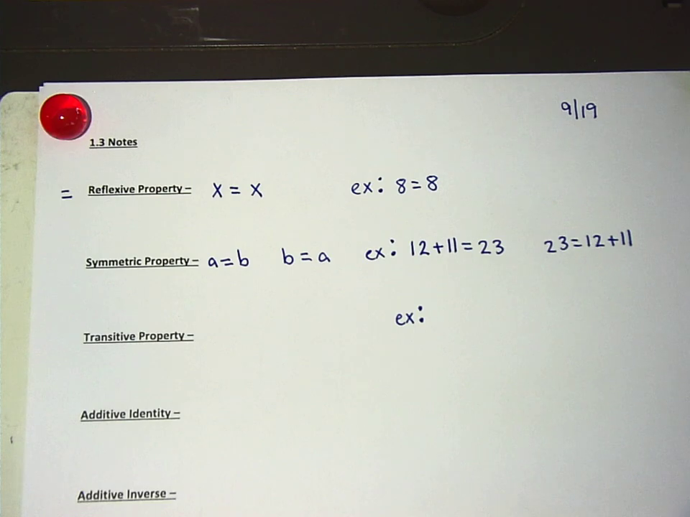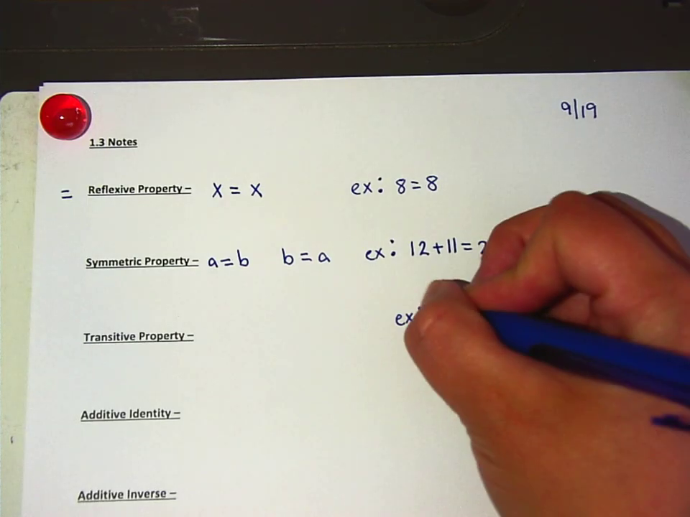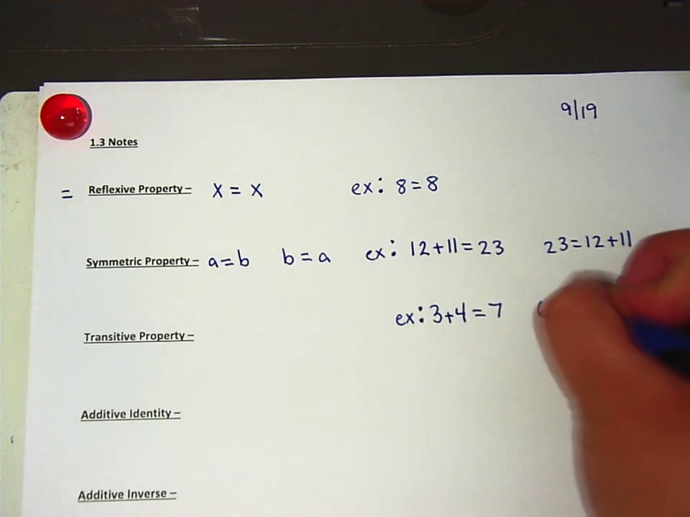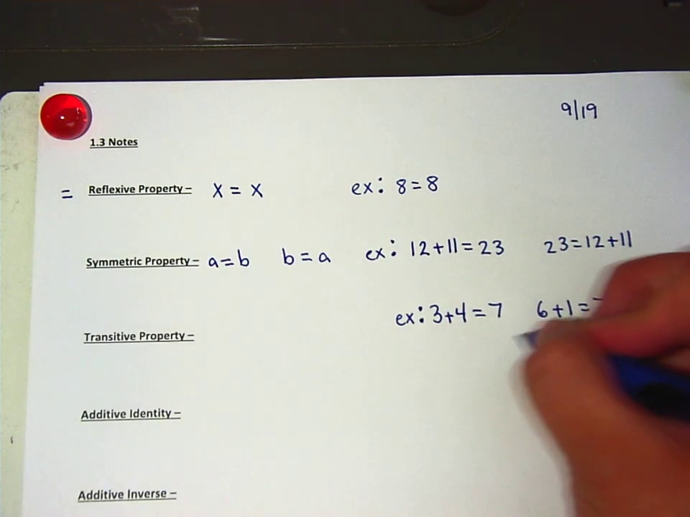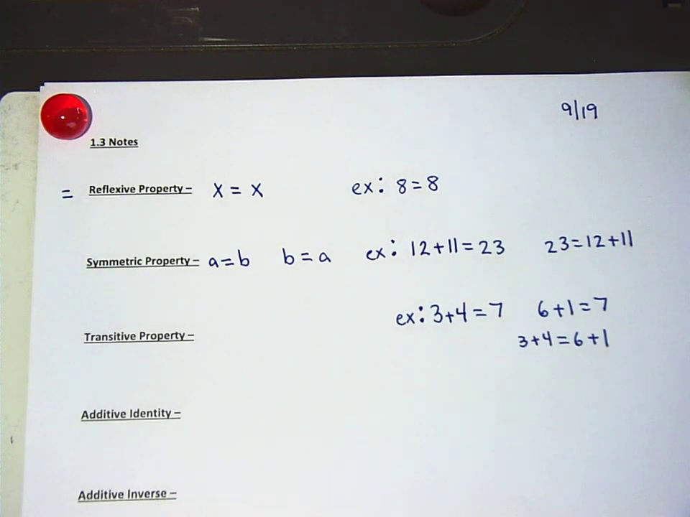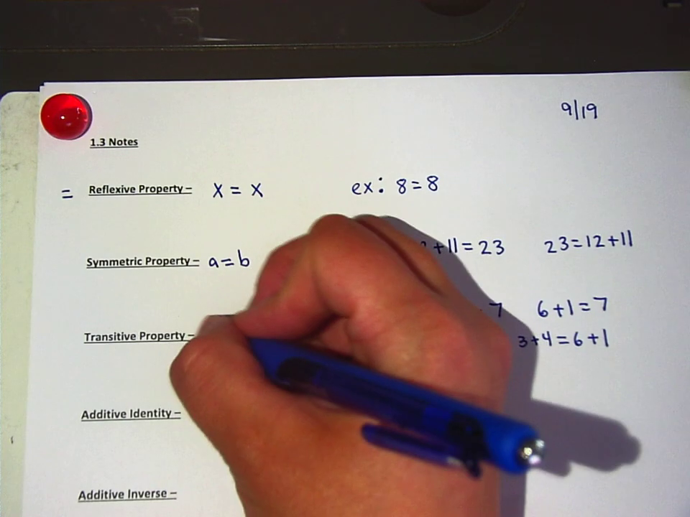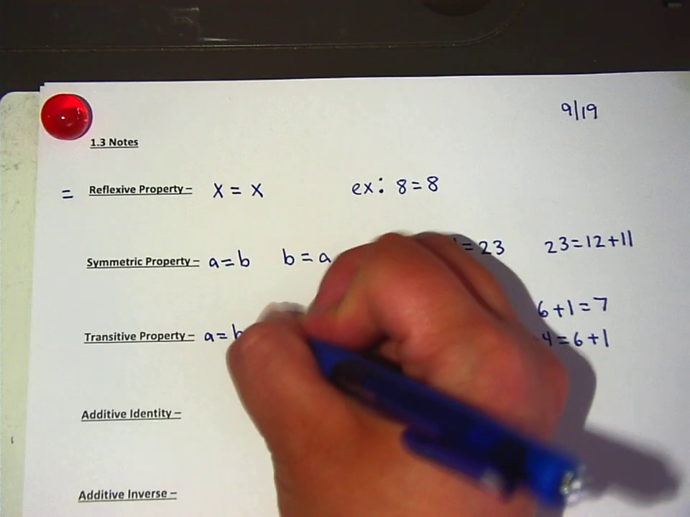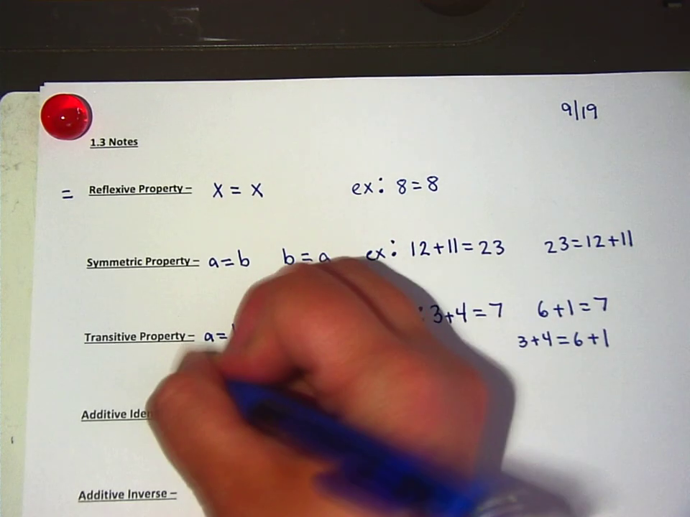Okay, you ready to go? So the transitive property says, if 3 plus 4 equals 7, and 6 plus 1 equals 7, well, then I guess 3 plus 4 must equal 6 plus 1. How did we write this? Stop whistling. If I was going to write it like a mathematician, here's how I'd write it. I'd say if A equals B and B equals C, then,